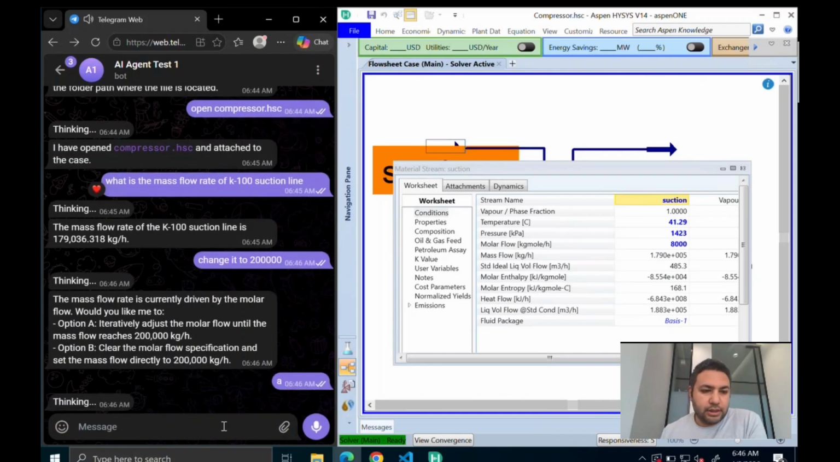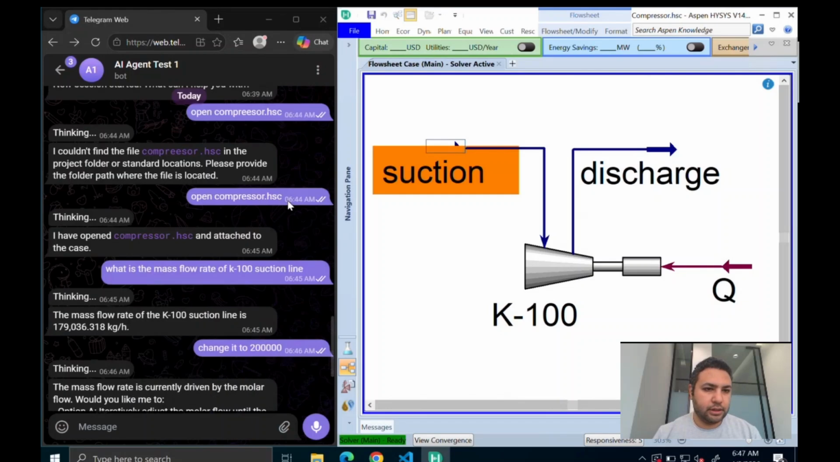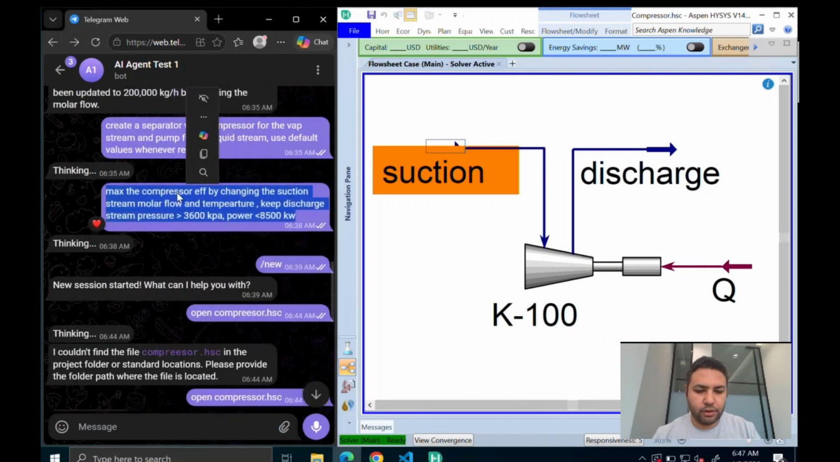And the second option is a little bit more straightforward. He will remove the molar flow specifications and he can change the mass flow. And here, as you can see, he was able to change this to achieve the 200 that we have asked him to do. So this is the first one, the connection to the HYSYS case, which looks good and smart also. Okay, so now let me try to find something here. I did it before, not this one. Let's go with